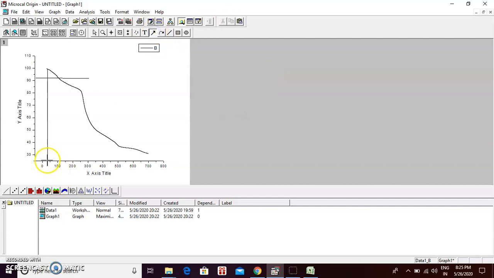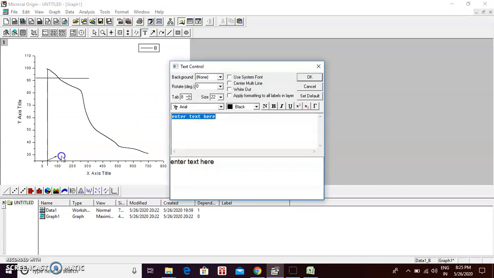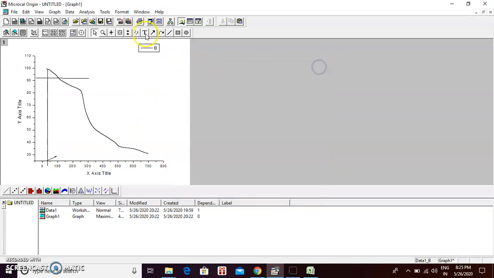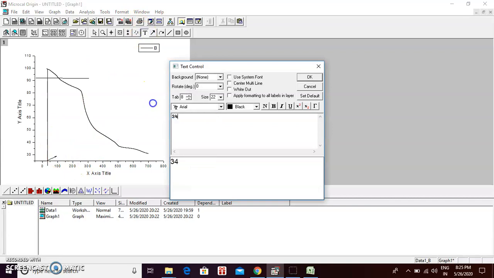So you can note it down here itself. In order to write down the temperature, you have to again click onto the text tool here and you just write 34.39.